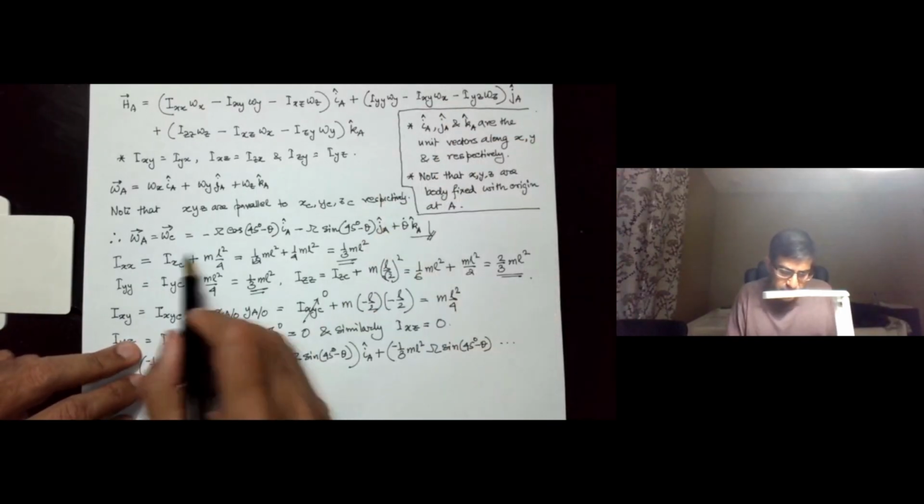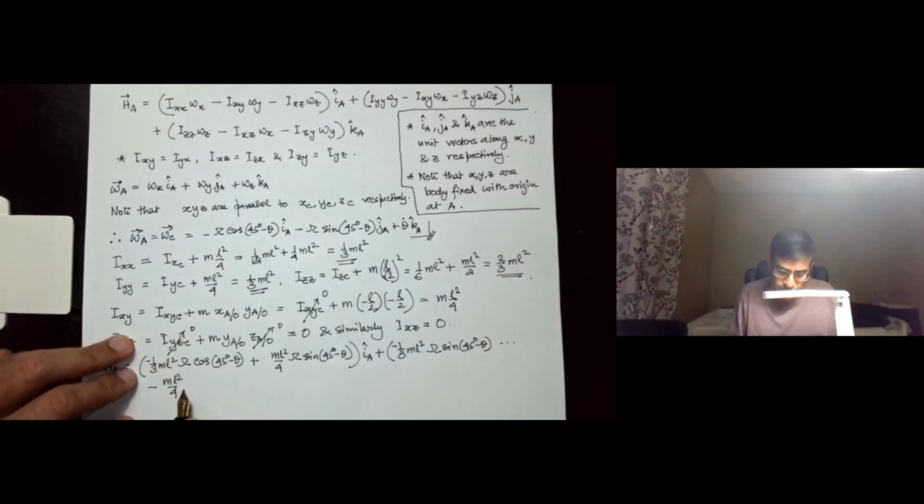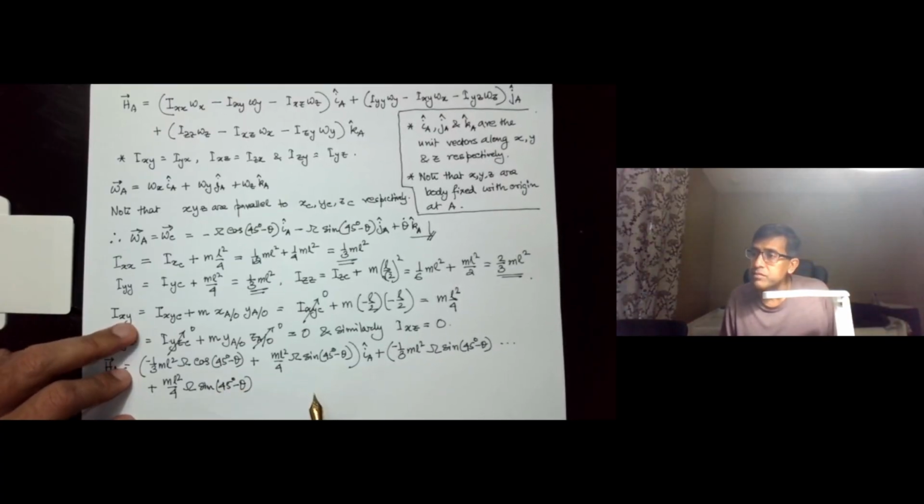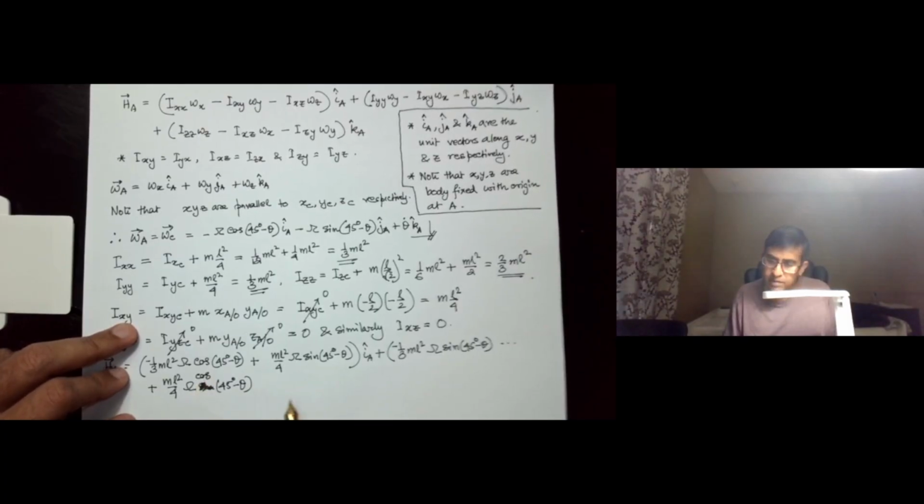So omega x is minus omega sine 45 minus theta, so we are going to put a positive sign there. So let me just check. Oh sorry, this is cosine 45 minus theta. Right,